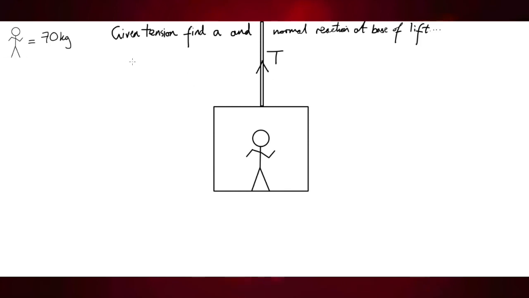Okay, so in this situation, I have a lift and I have a person in the lift who weighs 70 kilograms, and I'm going to give you the tension, and then we're going to work out the acceleration and the normal reaction force. Okay, so the information we need is that this lift weighs 500 kilograms. This is the normal reaction force here, okay, on this person. Here's the tension, and we'll work out the acceleration. Okay, so if we start over here, I'm going to tell you that the tension is 12,000 newtons